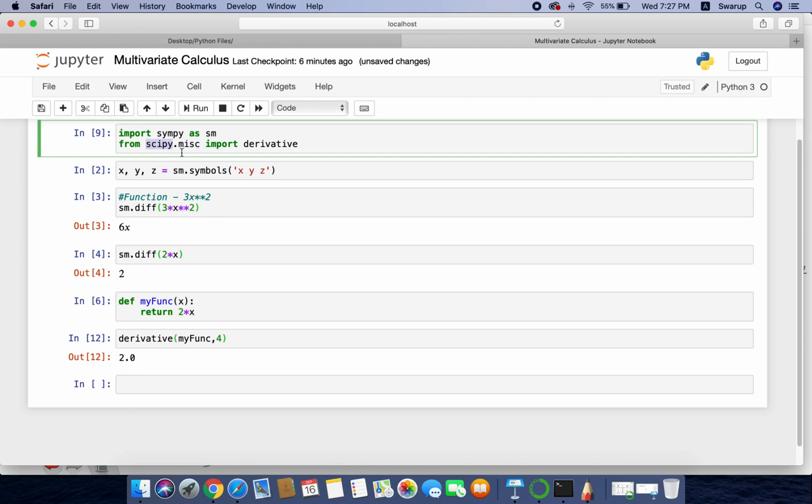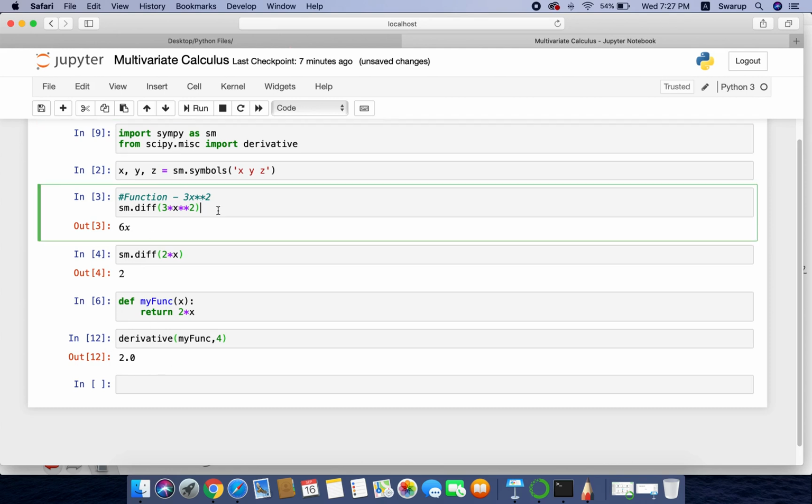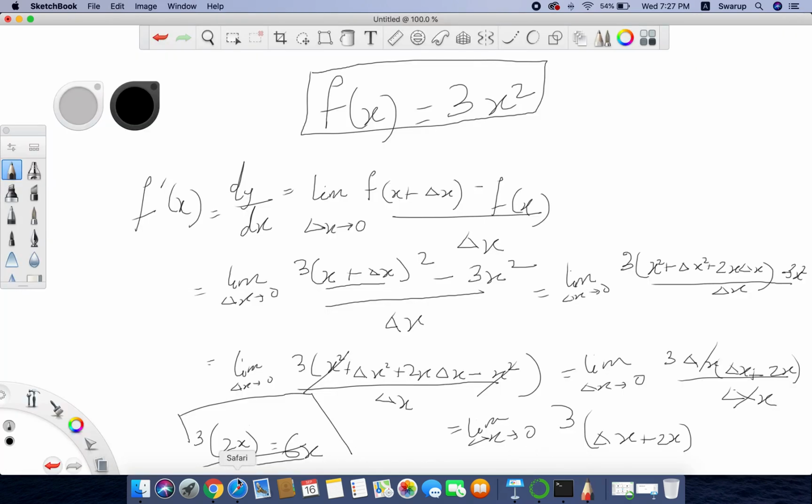So this is also one more package, and within this we have something called derivative. Now SciPy, NumPy, these all are created by one community, so these all work hand in hand. Within SciPy also, NumPy features are still available. So this is how we can find the derivative of a univariate function, as well as we saw how to find the derivative of a multivariate function. So it's better to go with the sympy package to find the differentiation for any given function.